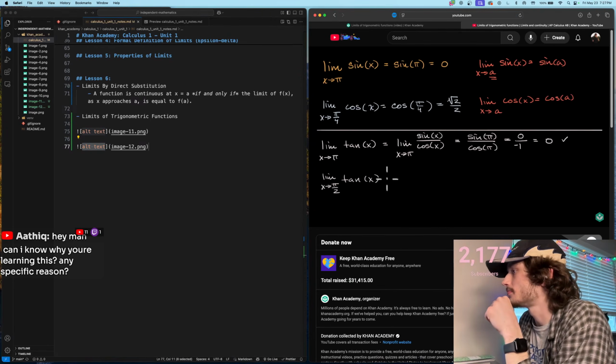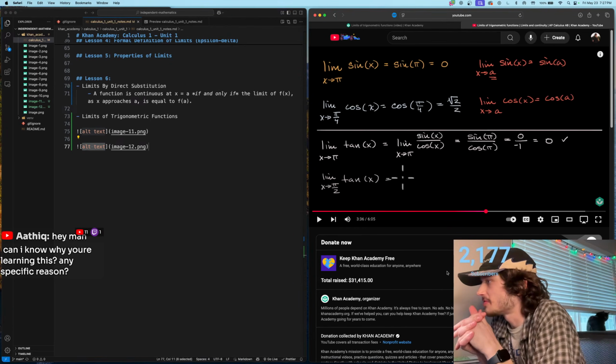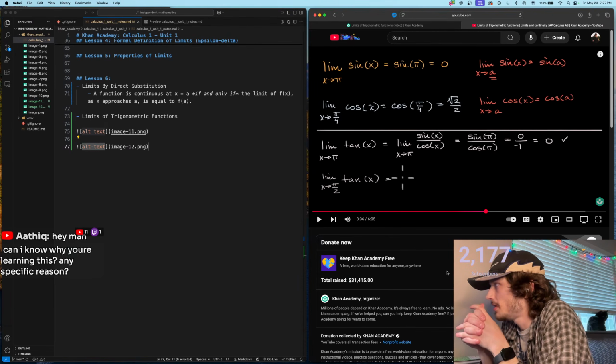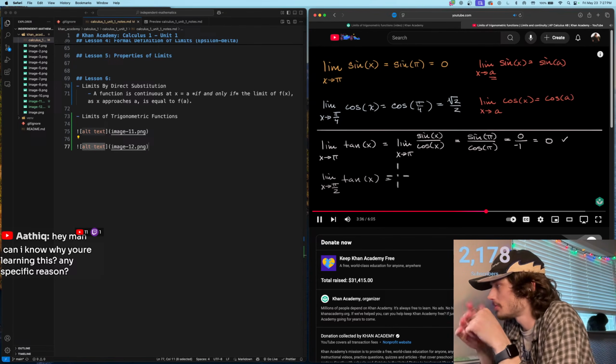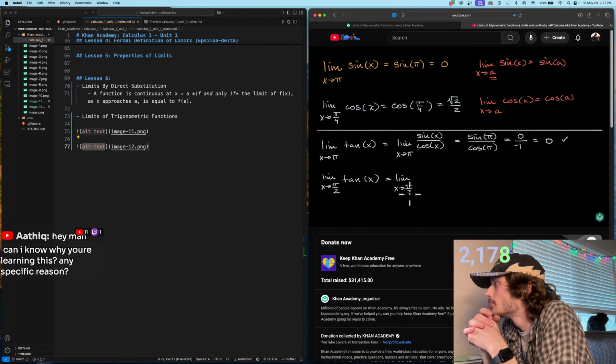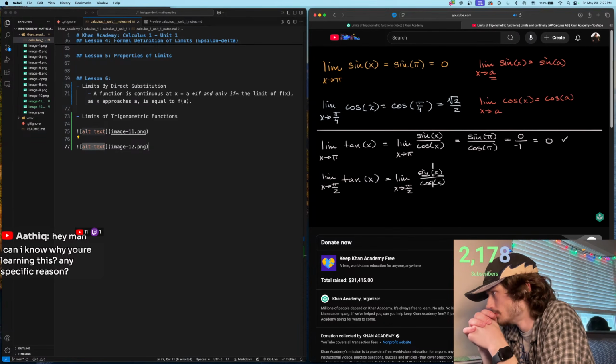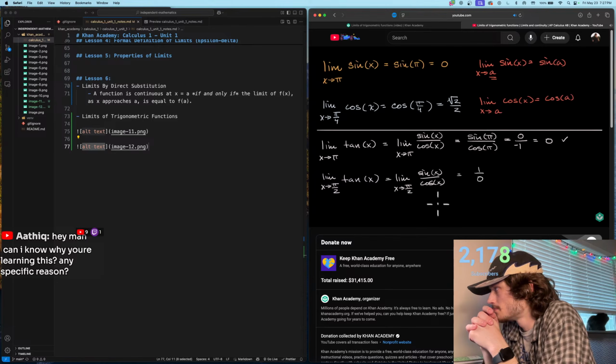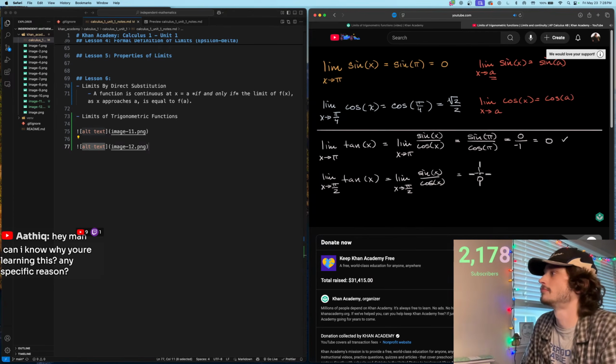Okay, so the limit as x approaches pi over 2 of sine of x over cosine of x. Now, sine of pi over 2 is 1, but cosine of pi over 2 is 0. So if you were to just substitute it in, this would give you 1 over 0. And one way to think about it is pi over 2 is not in the domain of tangent of x. And so this limit actually turns out